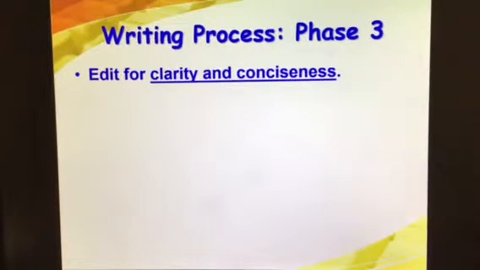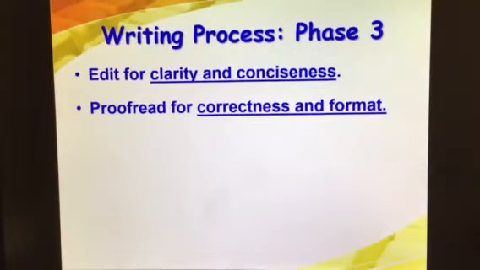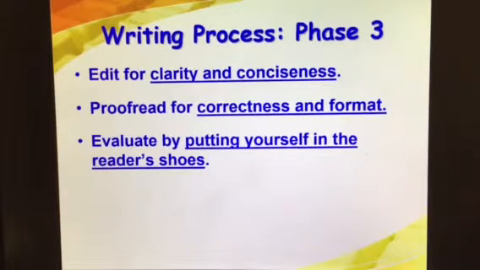Phase 3 of the writing process is to edit for clarity and conciseness. Read through it. This is really looking for flow and to make sure that it reads well, that there are the proper transitions, the connectedness. You may find you need to break up some of the longer paragraphs into shorter ones. It's the time for you to try to cut out all the unnecessary words. Be stingy with your words. Think about how you can make it as meaningful but concise as possible.